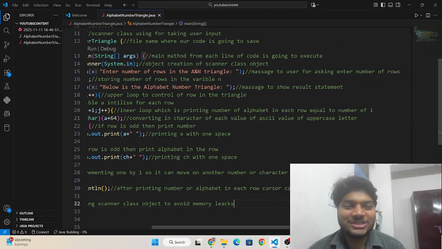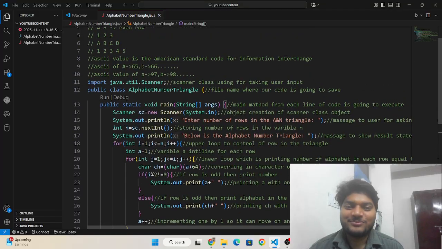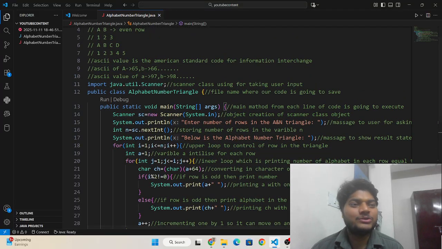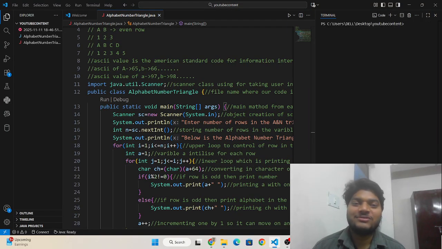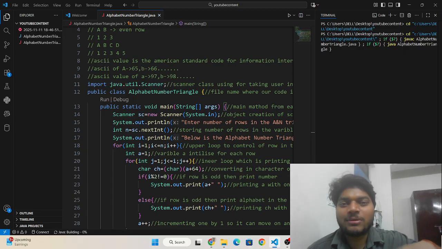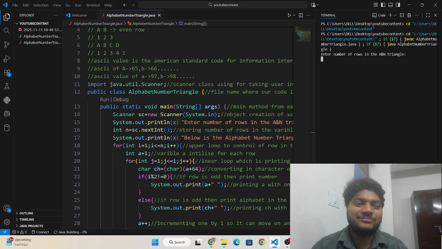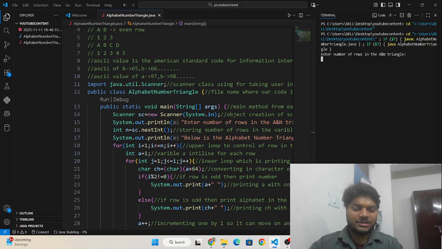I'm going to execute it once. After that, I will close it, and you have to do a dry run by yourself, so that your concept will be clear and you will be able to make logic for problems like this. I'm going to enter another number, like 8.